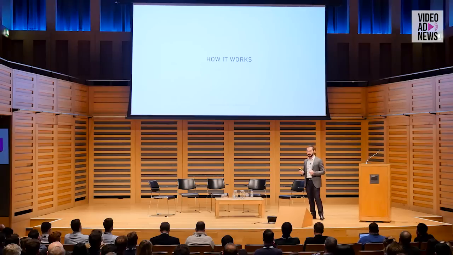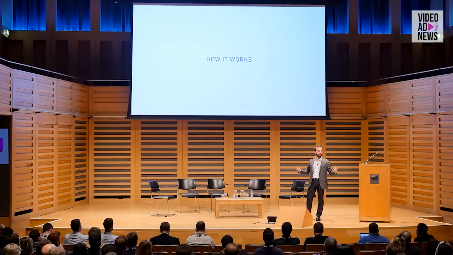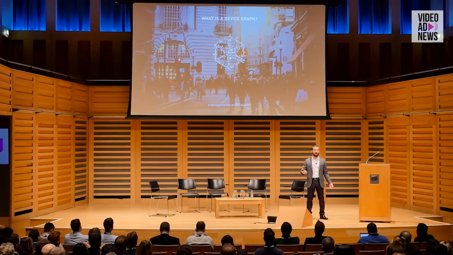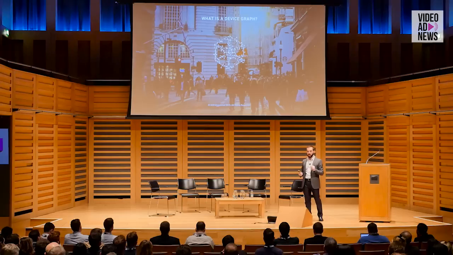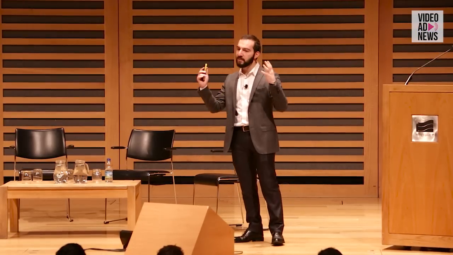But how does it work? How does technology enable you to have a unified view of consumers across all devices? So first of all, what is a device graph? You might have heard the jargon being thrown around. A device graph is essentially a massive database containing a lot of IDs for single devices. It could have cookie IDs for desktop web and mobile web environment, and device IDs such as IDFAs and Android IDs for mobile app and tablet app environments. So it's a massive database of IDs that are clustered together according to which IDs belong to the same user.